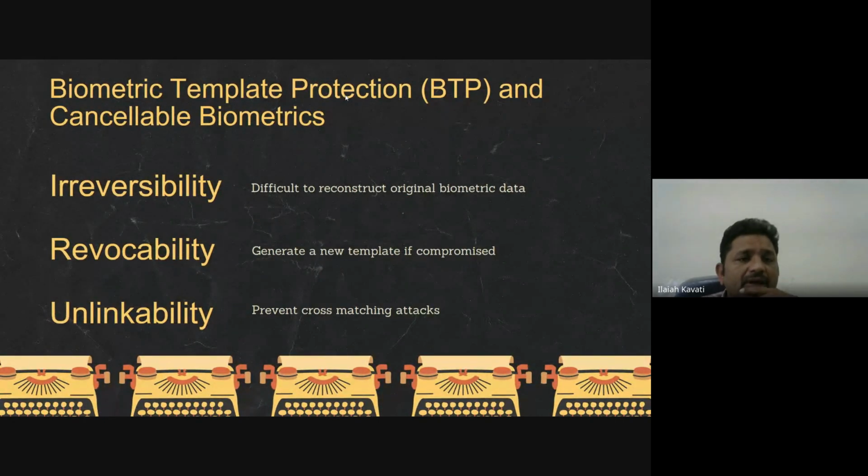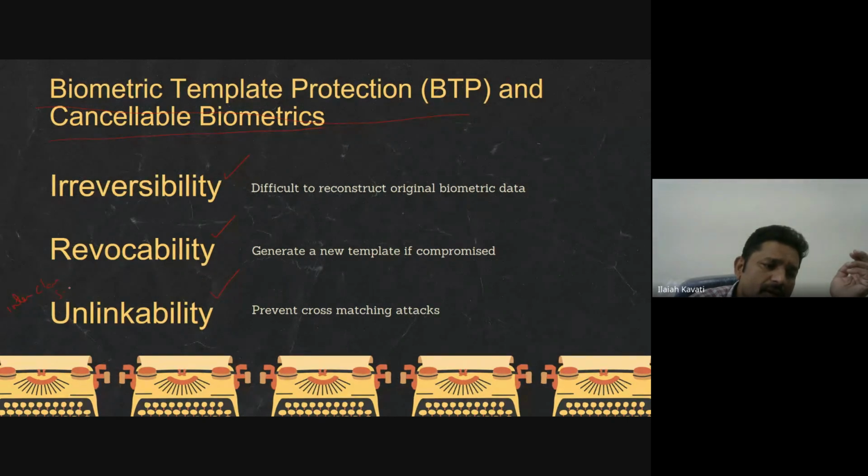This is the topic I'm going to cover: biometric template security and cancelable biometrics. The properties that biometric template protection or cancelable biometrics should have are that they should be irreversible, they must be revocable, and they need unlinkability, like mapping of feature space between different users. That is interclass similarity. We need to address these interclass similarities also,